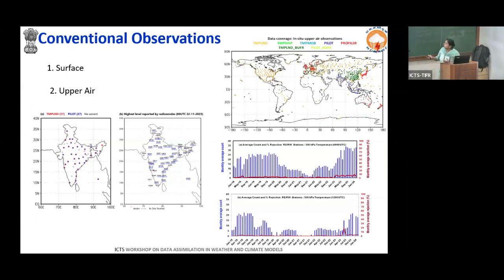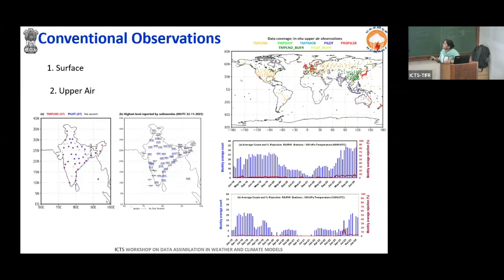You know that for radiosonde observations all over the globe, we do the measurements at 0 UTC and 12 UTC for uniformity. 0 UTC means 5:30 in Indian local time. So in the morning at 5:30 IMD does the radiosonde measurements, and 12 UTC means evening 5:30. If you see the morning observations, we are getting more observations compared to the evening observations. It is due to the lack of manpower and so on; they are not making that many radiosonde measurements